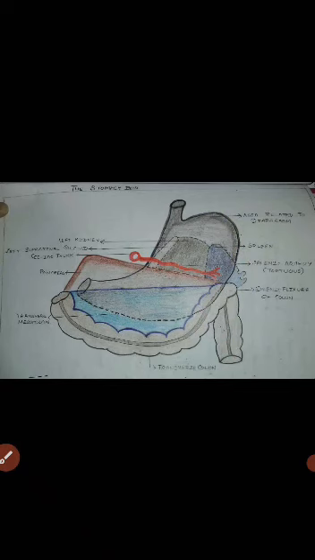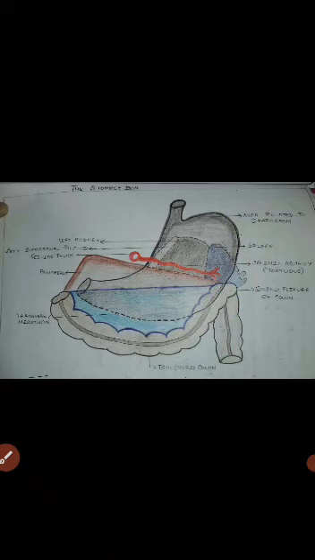is the pyloric part. So area A, which is the upper left 1/3 part, drains to pancreaticosplenic nodes. Then area B, that is right 2/3 part, drains to left gastric nodes. Area C, that is lower part of lower left 1/3 part, drains to right gastroepiploic nodes, then subpyloric nodes, then